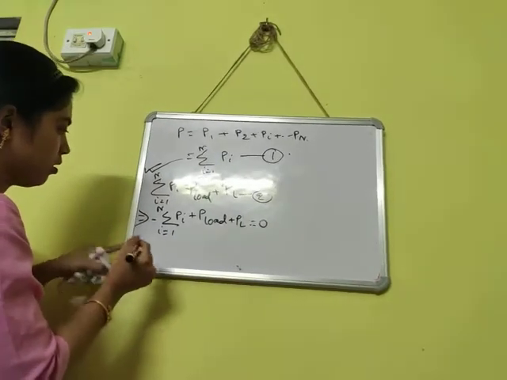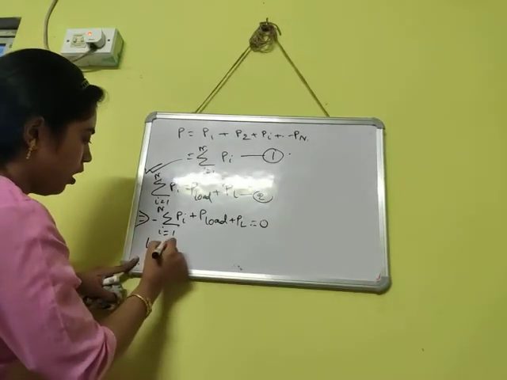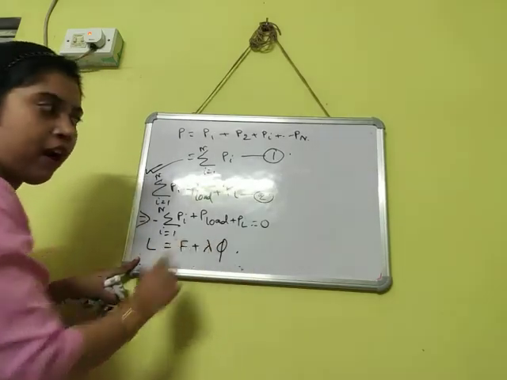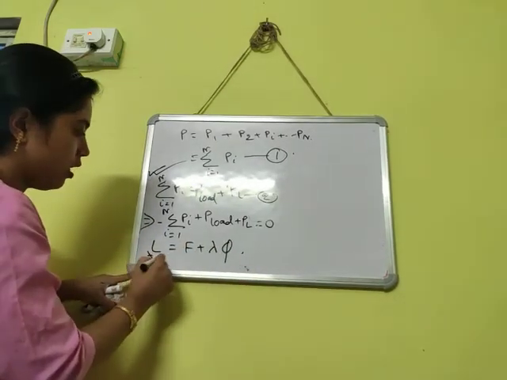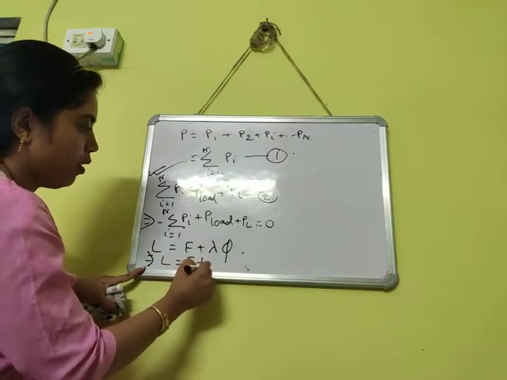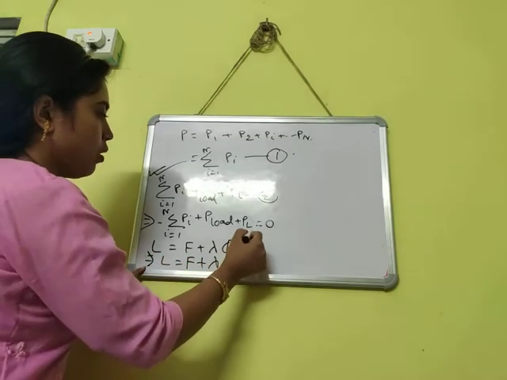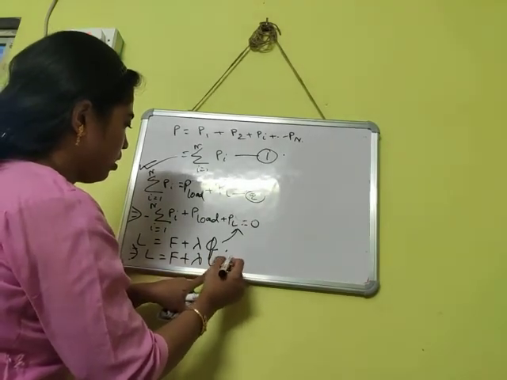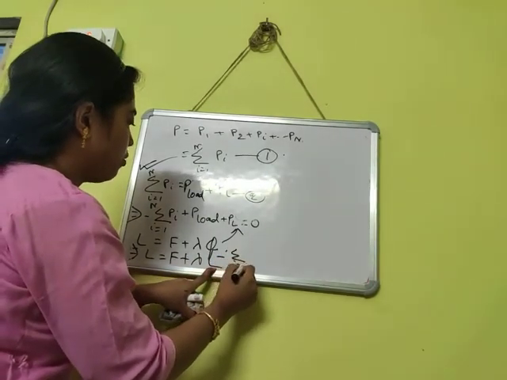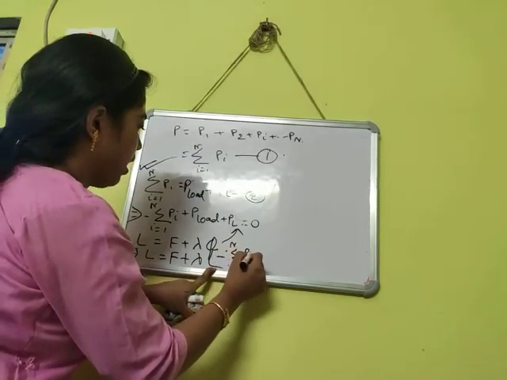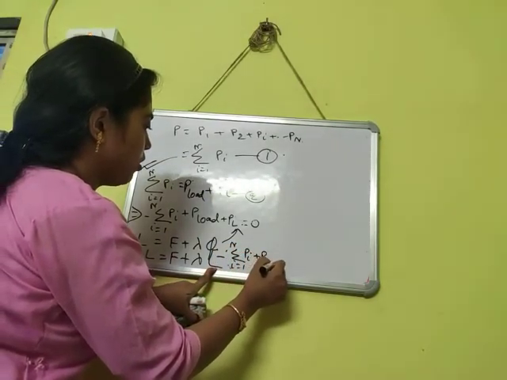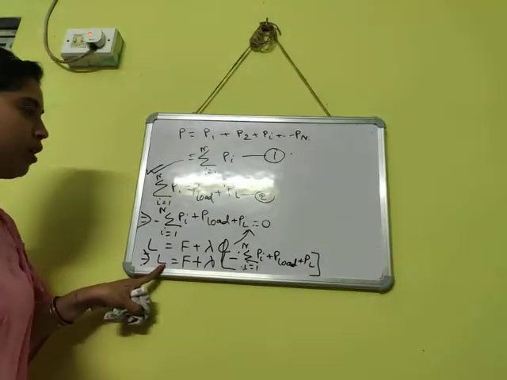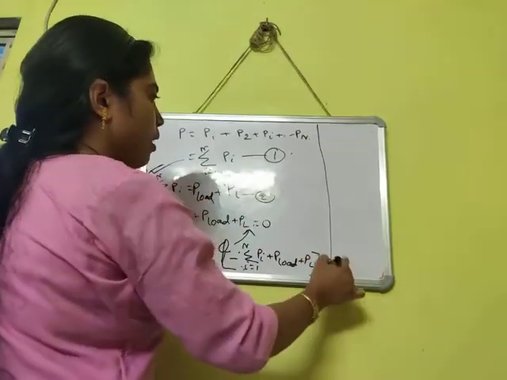See here, L equals to A plus lambda phi, where phi is constant. Then it becomes lambda in space of phi, put equation number 2, minus summation of i equals to 1 to n Pi plus P load plus PL. Okay. From there, if we do the partial fraction of that,